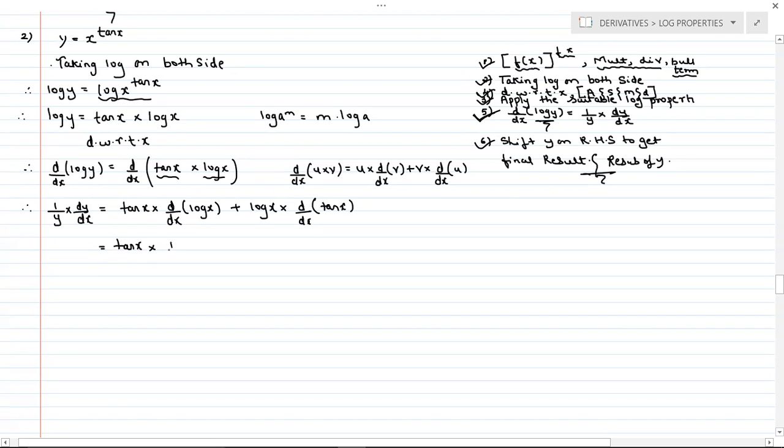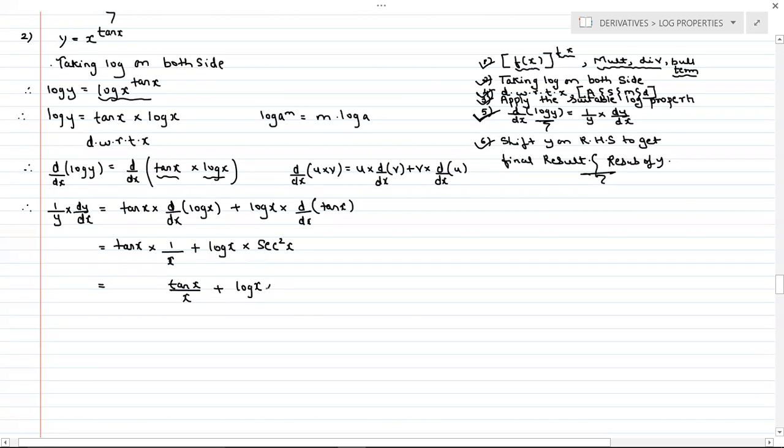So we'll keep this tan x as it is. Derivative of log x, we have a ready-made derivative, it is 1 upon x. And we cannot use the chain rule here, because in place of x, it is x only. Whenever you see x replaced by some other term, that time only you will use the chain rule concept. Plus log x into the derivative of tan x. Derivative of tan x is what? Sec square x. So after this, tan x into 1 upon x, here we can write this as tan x upon x. We cannot cancel this x, remember.